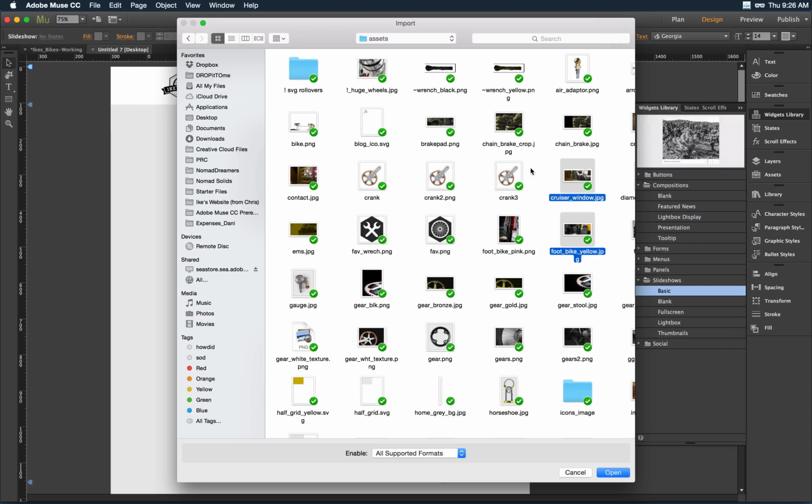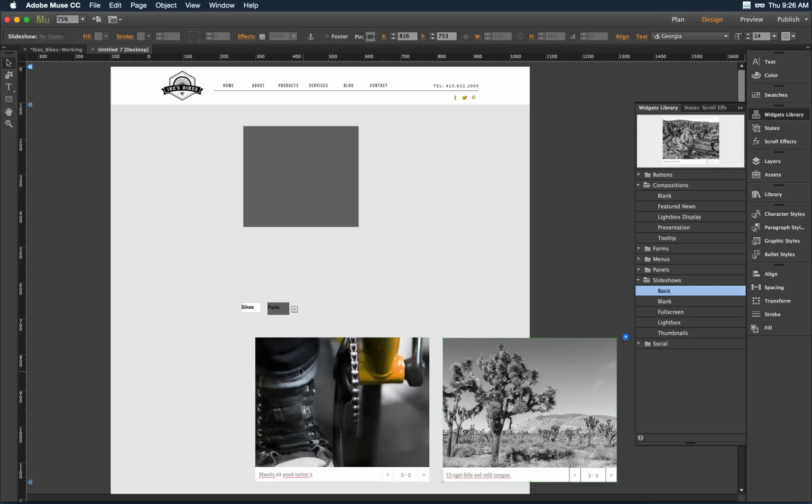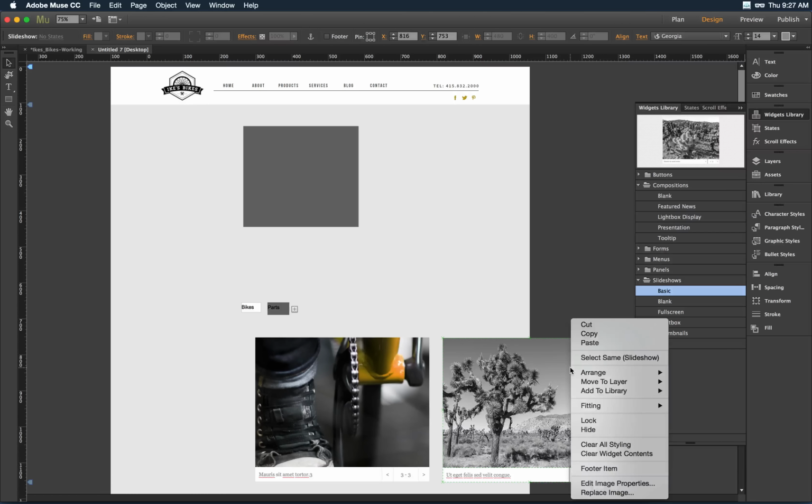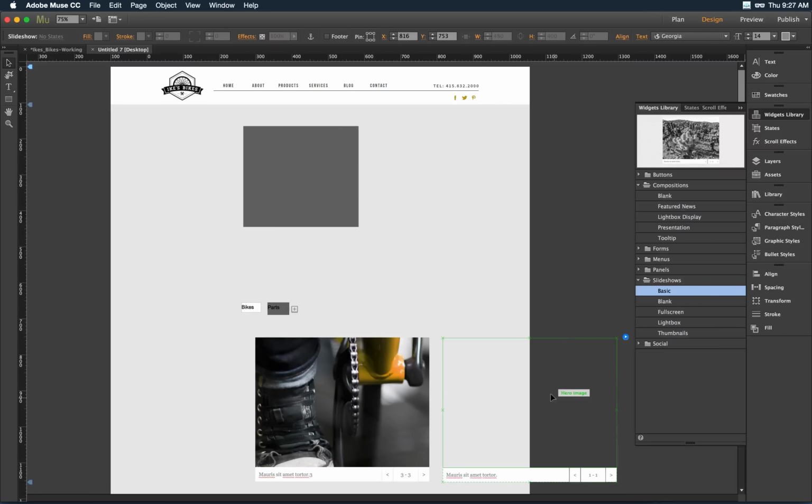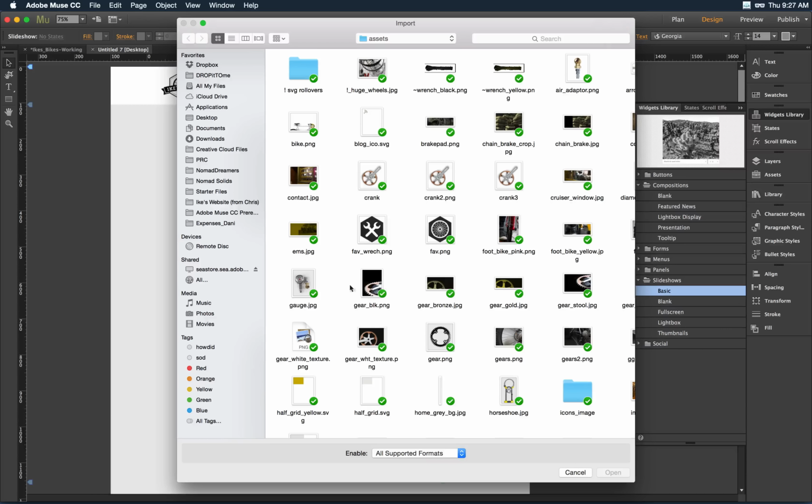1, 2, 3 little random bike images. Drop them into my area. You'll also notice magically when we create widgets, we automatically delete the default images. The way you would do that if it's a widget of your own would be to come on in there and say clear widget content, and it would empty out those default images